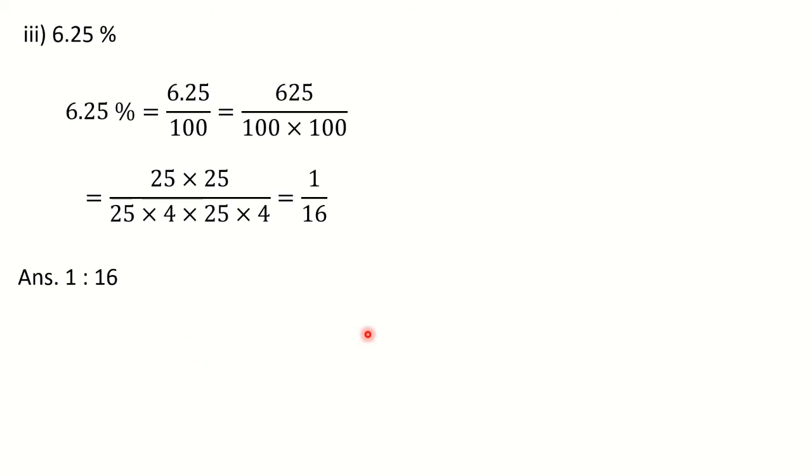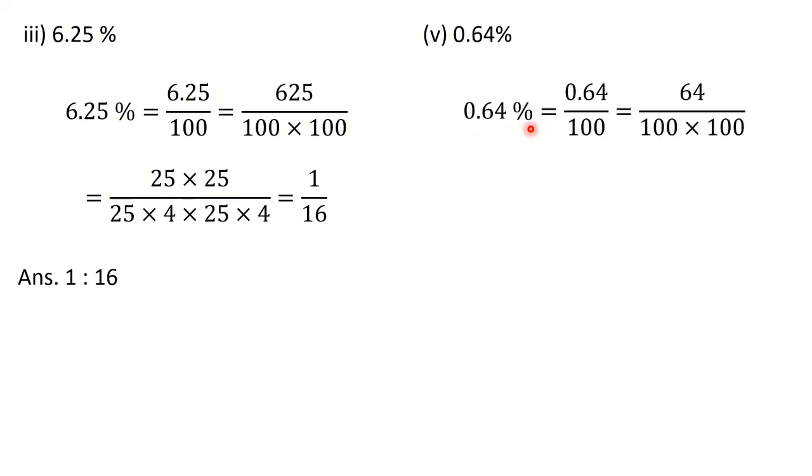As I have said, the fourth one you will solve by yourself, which is very easy. 52 is to 200, that you will solve by yourself. So I am now discussing the last one, that is the fifth one, which is similar to this, but here you have 0.64%. So similar steps you are going to follow. 0.64% is the same as 0.64 divided by 100. See, all the steps are similar. Now here we want to remove this decimal point. So we are going to write this 0.64 as 64 upon 100.